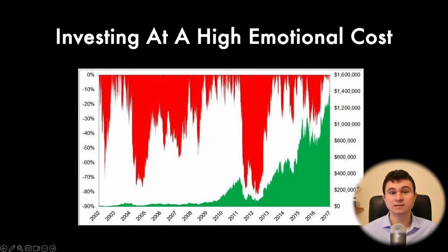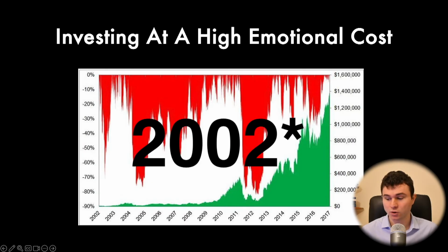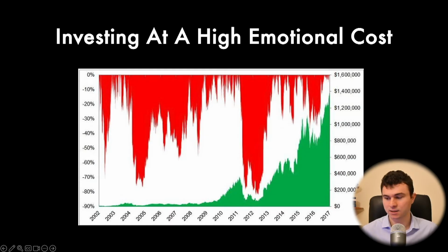And in this chart, okay, this is not up to date with 2022, but I think you get the idea. This 70% crash didn't happen once. It happened in 2005 with a 70% loss. It happened also a bit before, and in 2008 a 50% loss, and in 2012 an 80% loss, and now in 2022 a 70% loss.